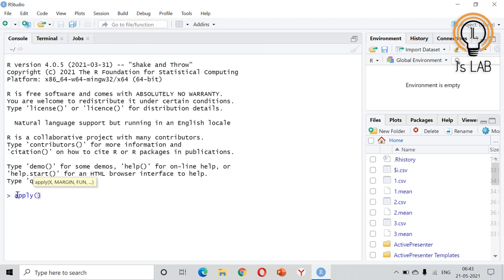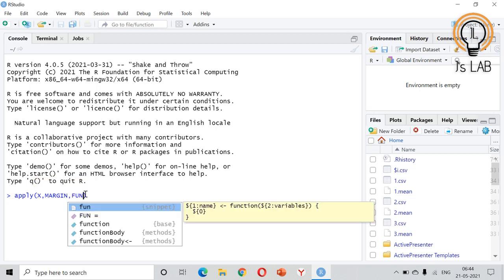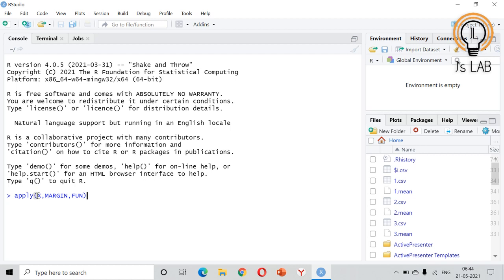This is its arguments. You need to provide a margin and a function. In this, x is the value that you need to give. It might be a matrix, a vector, etc. Margin takes two values, 1 and 2. Margin equal to 1 means it manipulates on rows and margin equal to 2 means columns. And function means which function you need to apply. For example, you need to find a sum, median or your own user specified function, etc.